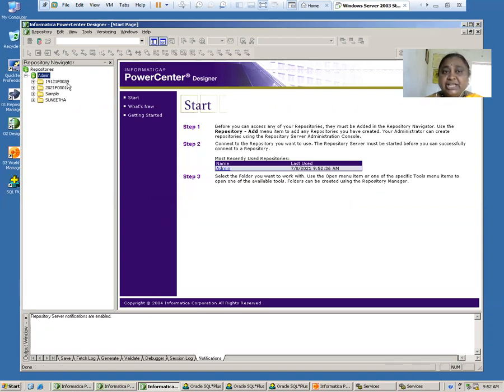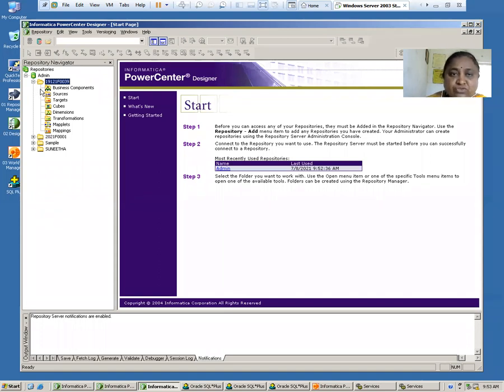And you can see here a new folder, right? In this new folder, you can see all the things: the business components, sources, targets, cubes, dimensions, transformations, maplets, and mapping. All the components we discussed in the previous class, you are going to see here. Right.